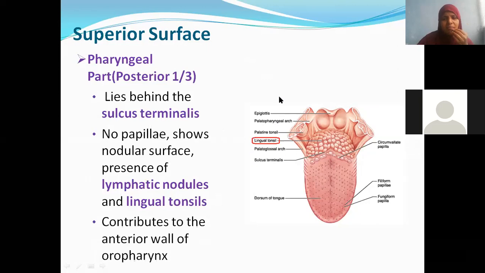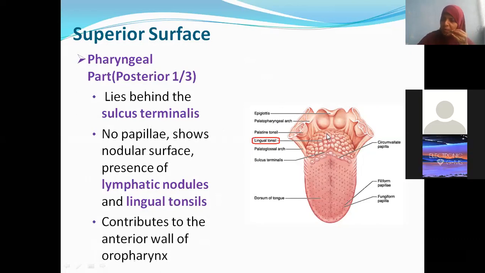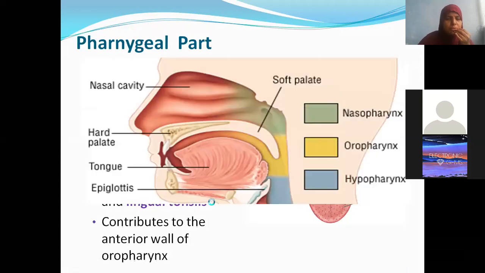There is Waldeyer's lymphatic ring, which is completely formed at the oropharynx. How is it formed? The lingual tonsil, the palatine tonsil, then the auditory tube also has a tonsil, the tubal tonsil, and higher up in the nose we have the nasopharyngeal tonsil. That complete ring is called Waldeyer's lymphatic ring, which is considered the first line of defense, because whether we inhale or eat, it has to cross these lymphatic structures. That means it is killing the microorganisms.